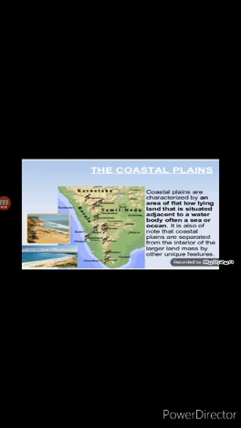Children, now what are coastal plains? Coastal plains are characterized by an area of flat, low-lying land that is situated adjacent to a water body, often a sea or an ocean.